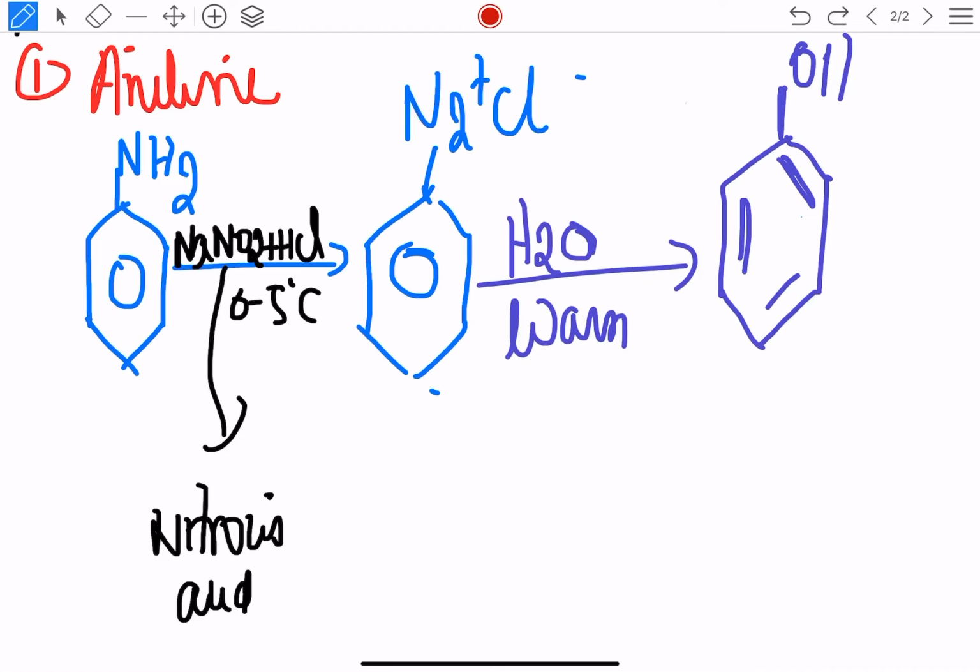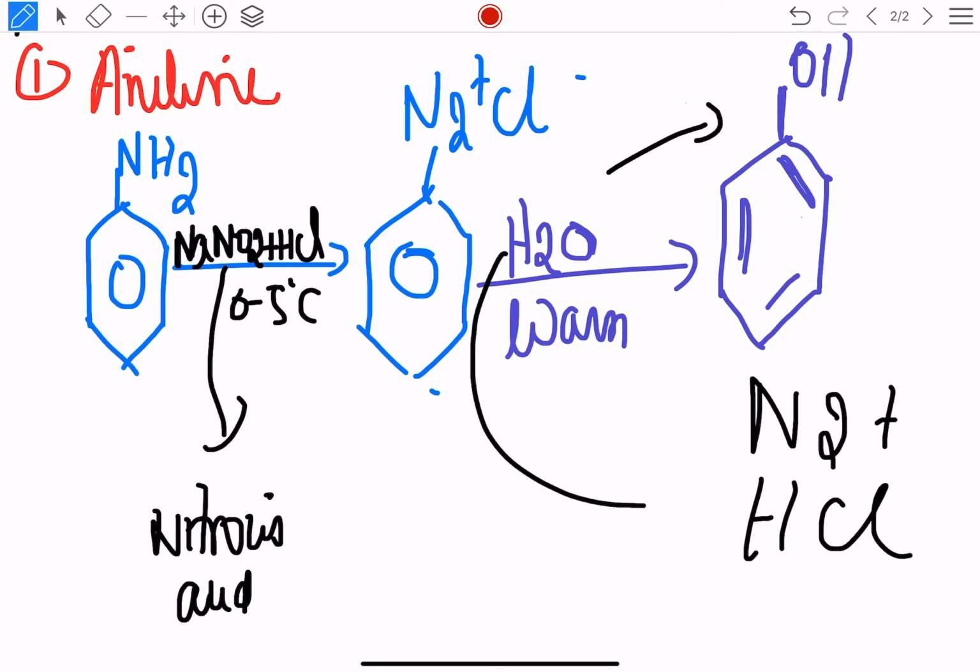Now along with that, where will this N2 and chlorine go? The N2 gets evolved as a byproduct, and so does the chlorine, but chlorine does not get evolved directly. Chlorine is evolved in the form of HCl. Okay, this is how we get this H. One H goes on to the OH of phenol and one H goes on to HCl. Okay, and this is how your phenol is formed with the nitrogen evolved.